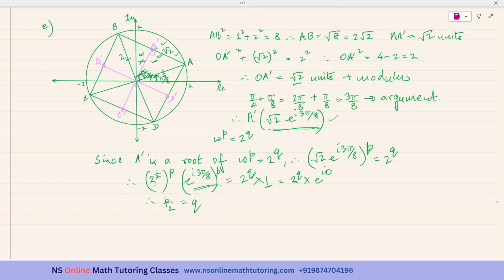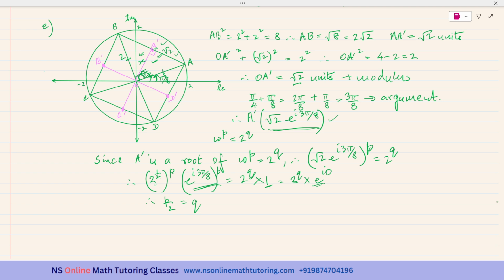So I may be tempted to write the value of p as 2, because 2 is a positive integer and 2 over 2 will be equal to 1. So q will also be another positive integer. But don't do that. You check both the equations. From this part,